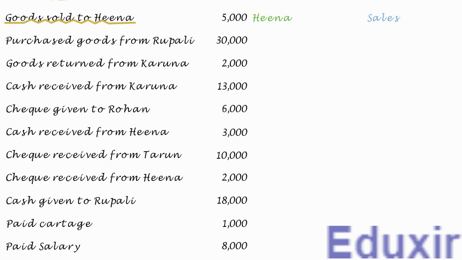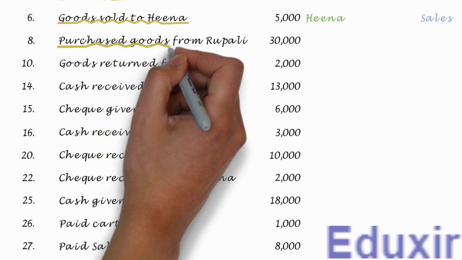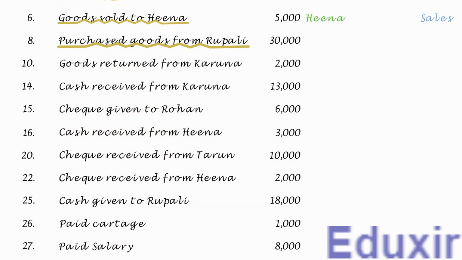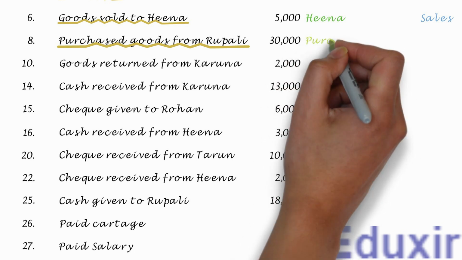In this transaction, the business has purchased goods worth 30,000 rupees from Rupali. Also, as the word cash is not present in this transaction, we can safely assume that the goods are purchased from Rupali on credit. As you know, the purchases are revenue expenses. In other words, the business is incurring an expense named purchases in this transaction. The rule to record an expense incurred is to debit the corresponding expenses account. In this case, the purchases account should be debited.